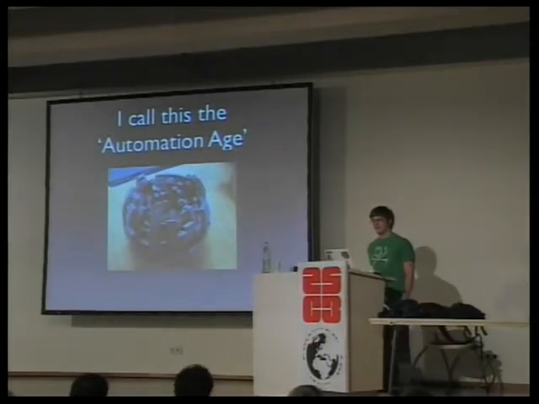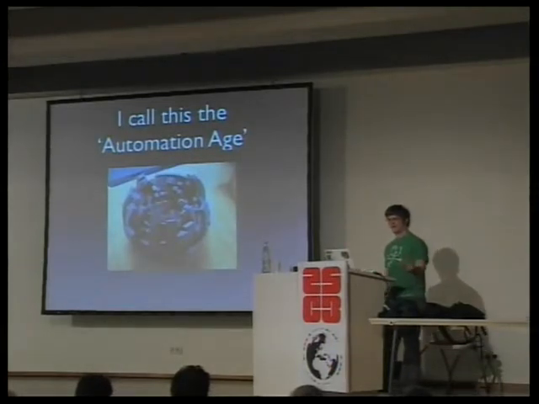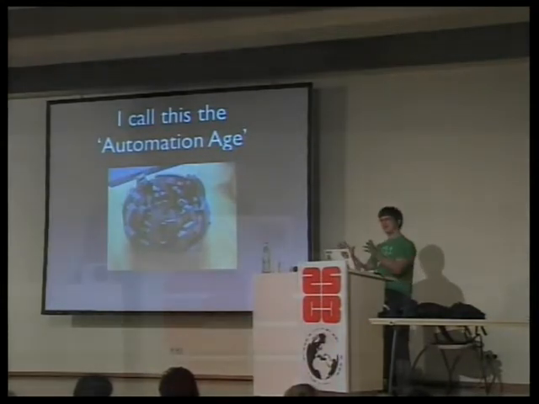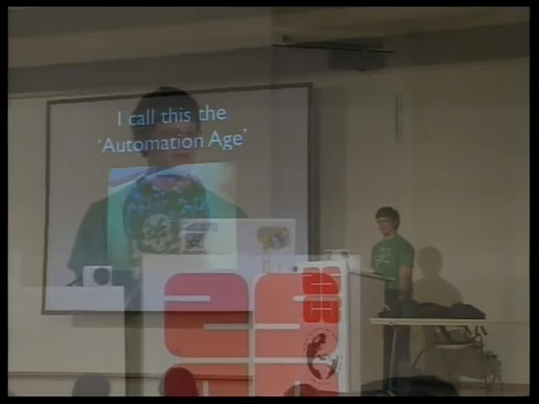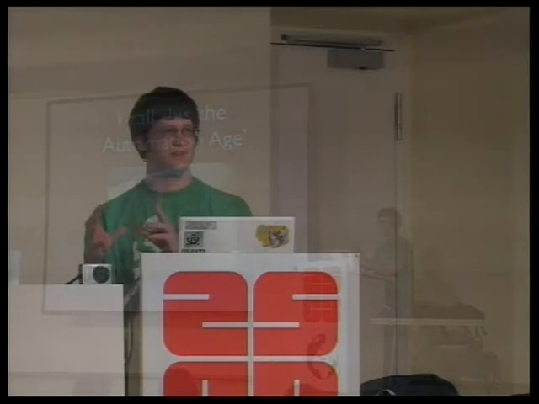Obviously, this age will be marked by automation of physical processes, as well as the distribution of that technology to your average human. The distribution is the crucial part, because without giving it into the hands of every person that needs it, it's just closed off and walled off, and it's inaccessible. The Stone Age wouldn't have been called the Stone Age if there was only a small group of humans who had access to stone technology. It's about getting this technology out to everybody that wants to be a part of it.